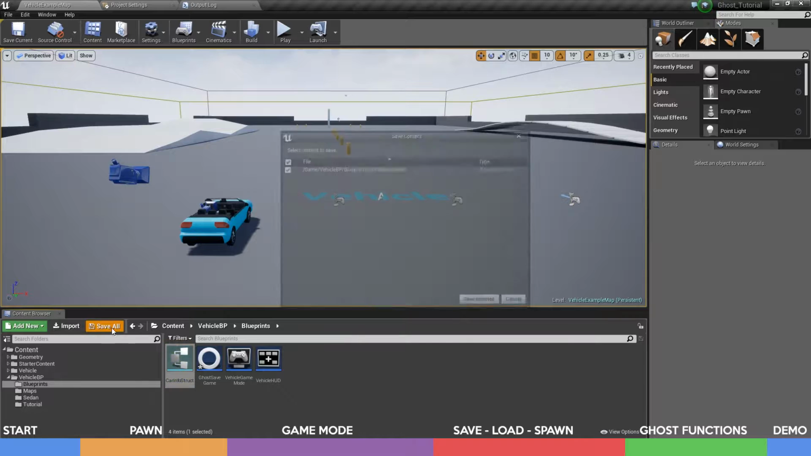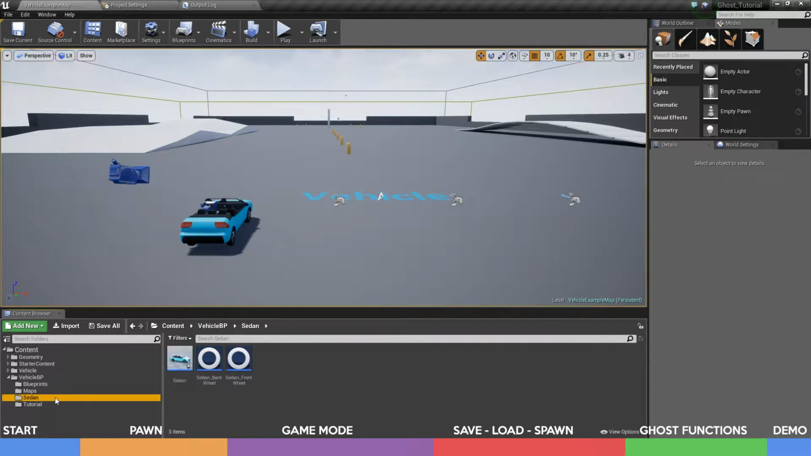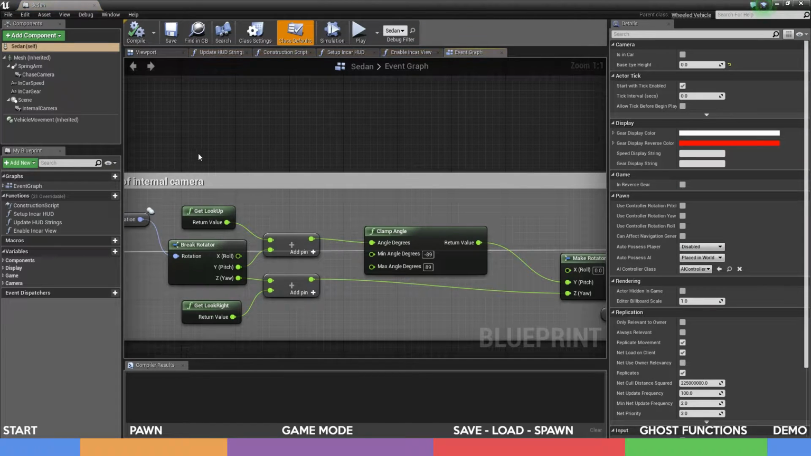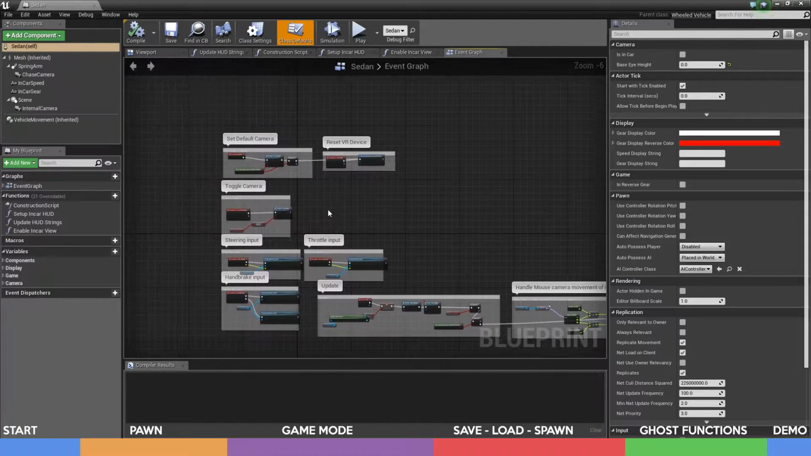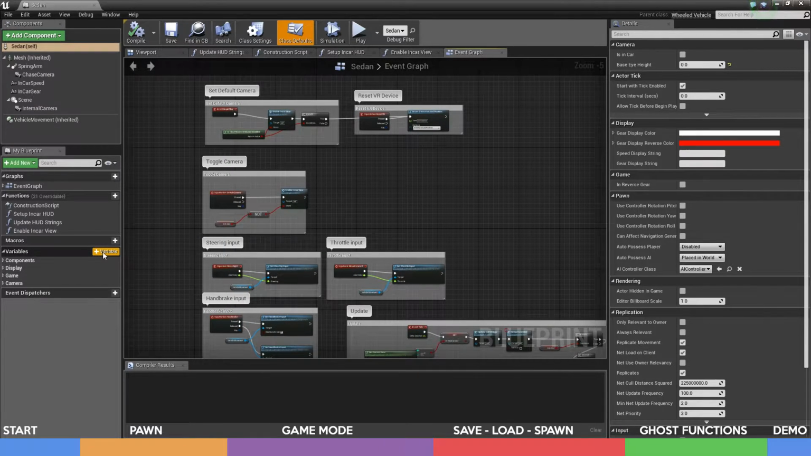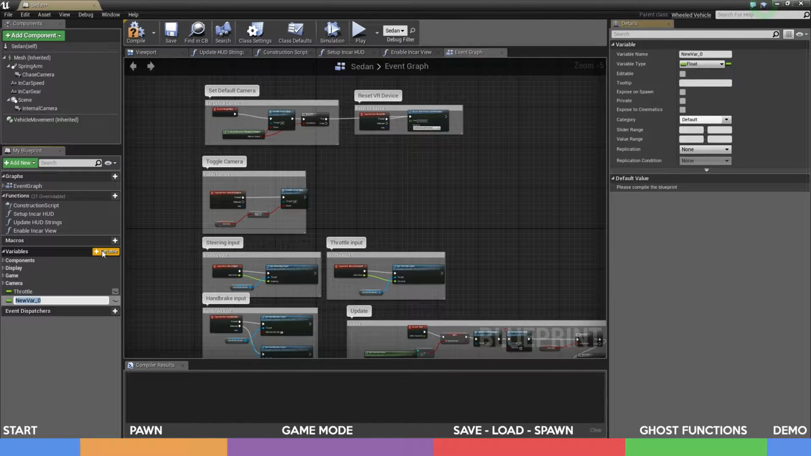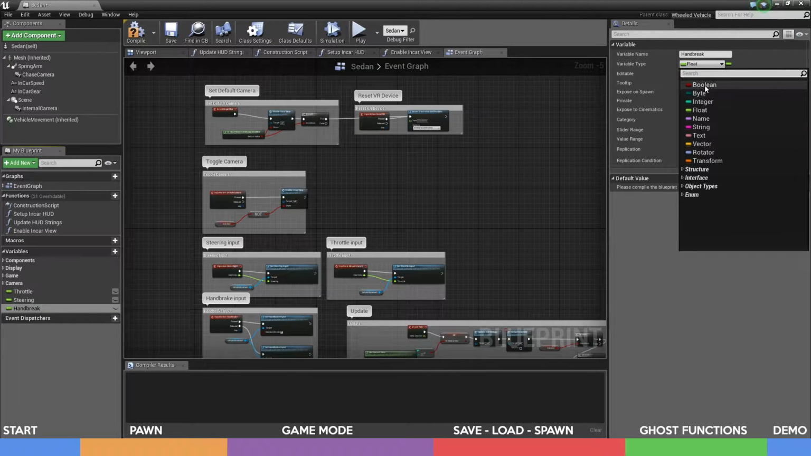So save all, and inside our pawn class, in this case is sedan, right? We will make some variables and some configurations. So let's start with the variables. The first one will be throttle. The variable type is a float. The other one, it's steering, it's also a float. And the last, it's a handbrake. The variable type will be boolean. Okay,